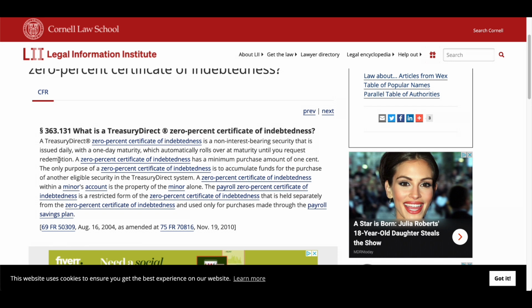The only purpose of a 0% security, I keep saying security, certificate of indebtedness is to accumulate funds for the purchase of another eligible security in the TreasuryDirect system. What's something else? Okay, a 0% certificate of indebtedness within a minor account is the property of the minor alone.